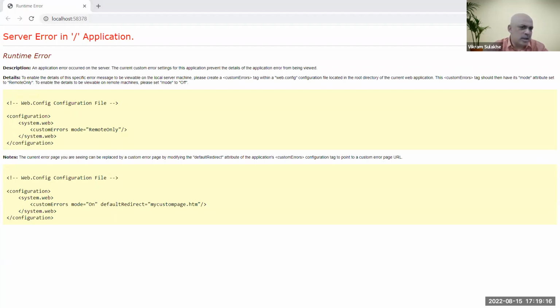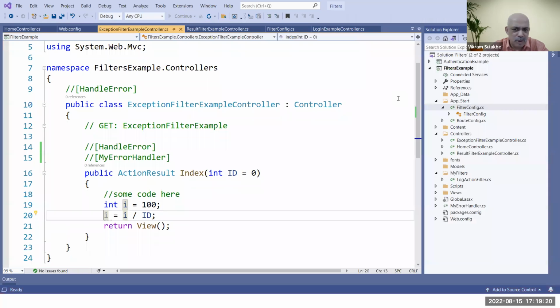So this is useful to you as a developer to know what has happened, but we may not want the end user to see this sort of page. So what can I do here? I can create my own